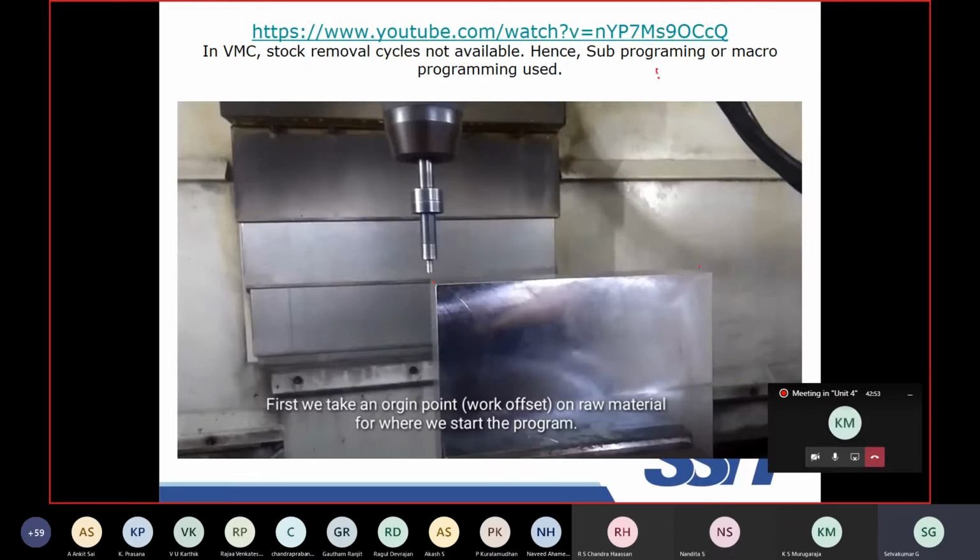If this is my job, by touching this, I can find out the X value. Here X0, here X180. Suppose I find this value is 180. I have to give the value 80. In that sense I can find a line like this. X equal to 0 I can set.